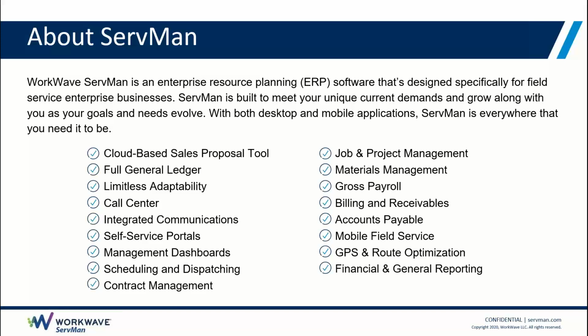Job and project management, also very strong in ServMan. This is used where you're doing installation projects or construction projects as part of your workflow, whether you're residential or commercial. We have extremely strong accounting features in our job and project management tools, including things like AIA billing and progress billing, amortization of revenue, the ability, even once you've done an installation project, perhaps you want to have a warranty agreement associated with that, or we could defer the revenue to a warranty contract and then amortize that revenue over the course of the warranty rather than essentially take credit for that revenue